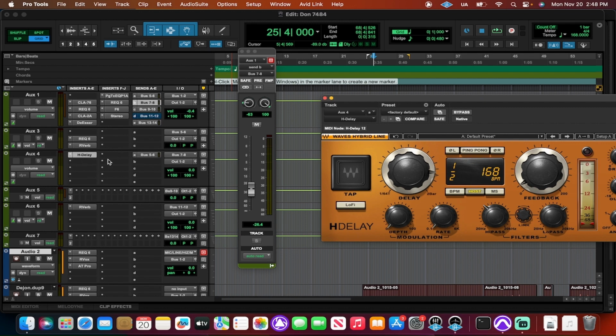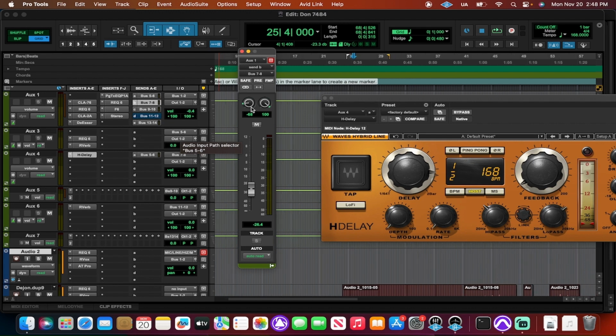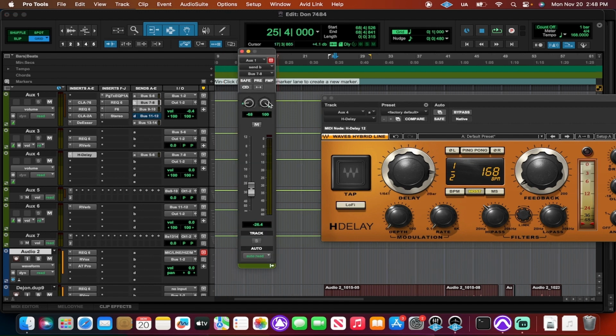And I always pan them a little to the right, because you don't want everything in the middle. So the bus controls what level and where, meaning panning. As you can see, this is 7 and 8, the 7 and 8 bus. You can control where that vocal is going to be panned, how the signal is panned before it comes into the H delay. So I have mine going a little to the right